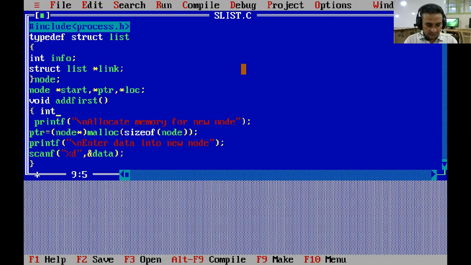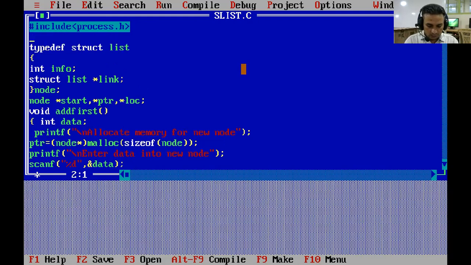So declare data, and here we used malloc function which is declared in alloc.h header file. So we have to include another header file called alloc.h.